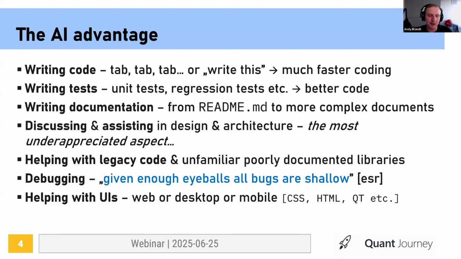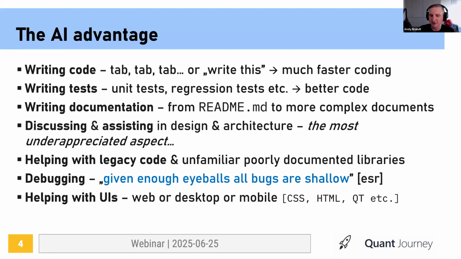AIs are not very good at it. I mean, those text-based are not very good at it, but you can couple that with the graphic AIs and get pretty good interface. I mean, you can get good enough interfaces even without those. So those are these advantages that we have. And I would like to underline the architecture and design aspect because it's really, really important. Any questions so far? Everything good?